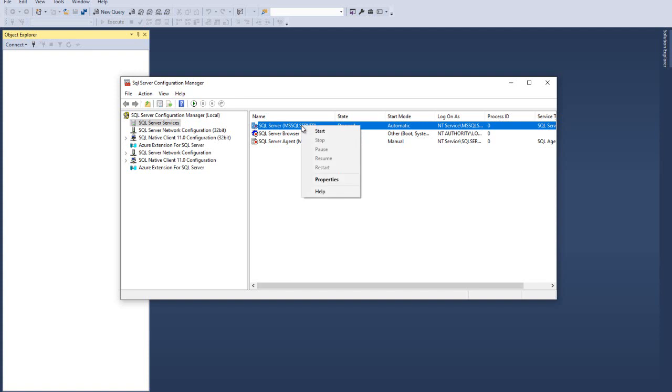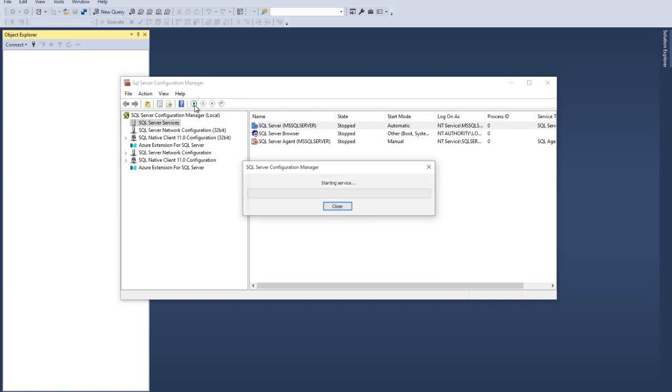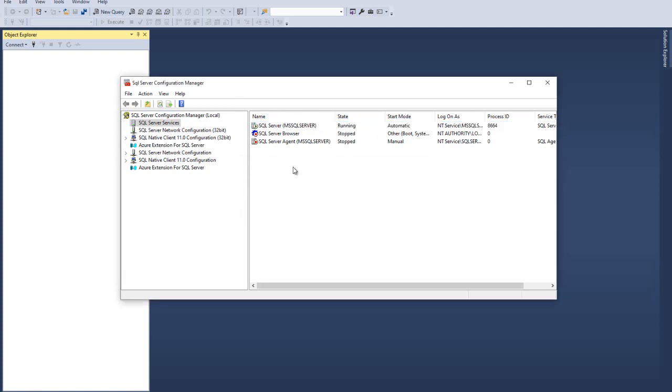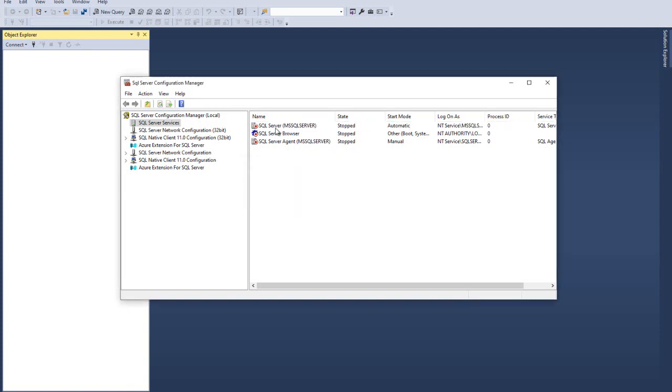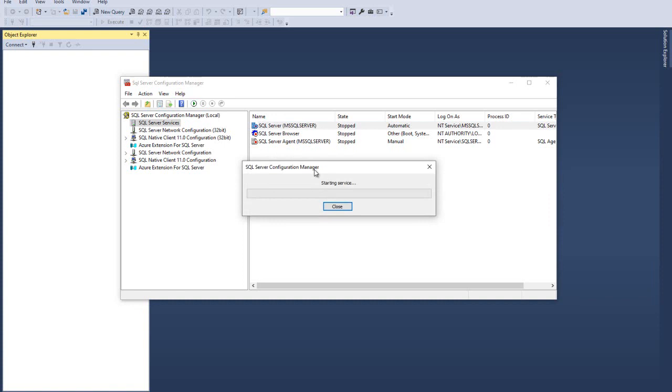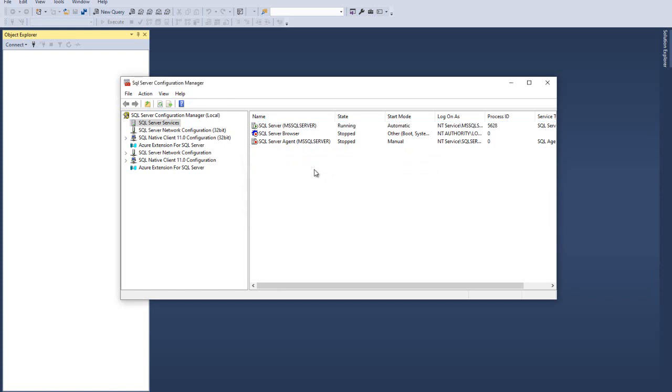What you can do is right click and select start, or you can click on this play button to start this server. You will see a green color play button showing up. It means the server has started. If you click on this stop services button, you will get this red color stop button to represent that the server has stopped. So we have to make sure the server is started when you want to connect